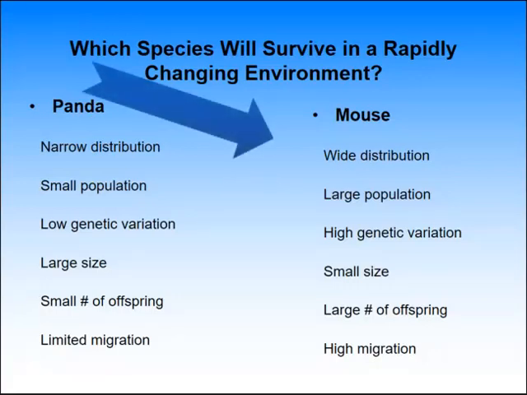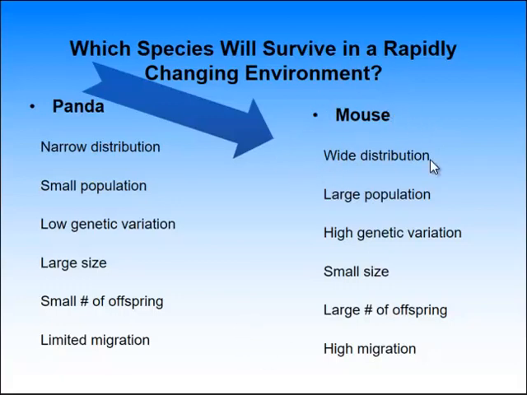You were right, the mouse. The mouse survives rapid change. This is because they have different survival strategies and niches. So we're going to learn about different survival strategies and different niches. So describe the mouse's niche. And that's what you kind of need to understand. Like, think about the mouse.